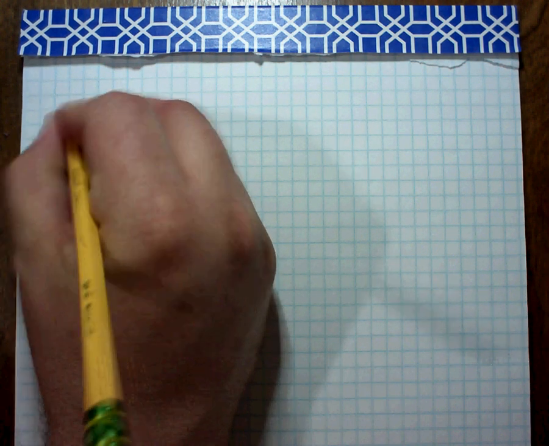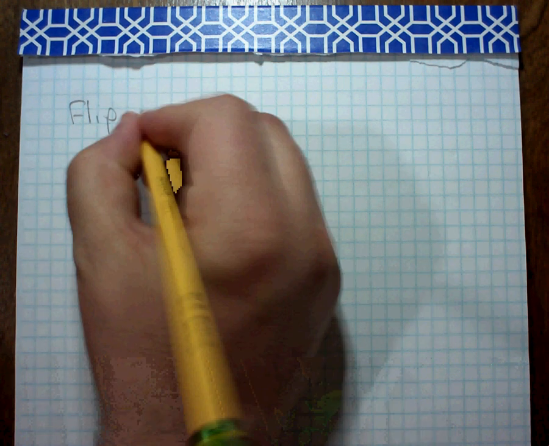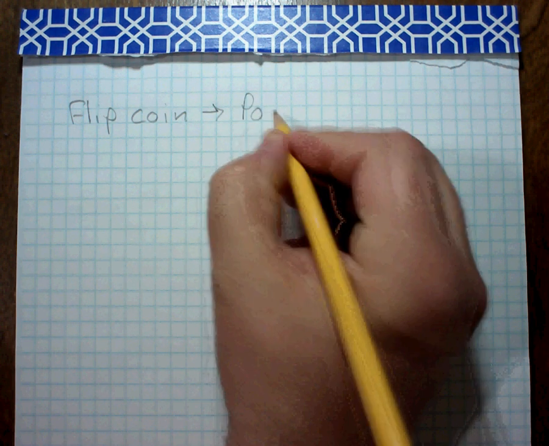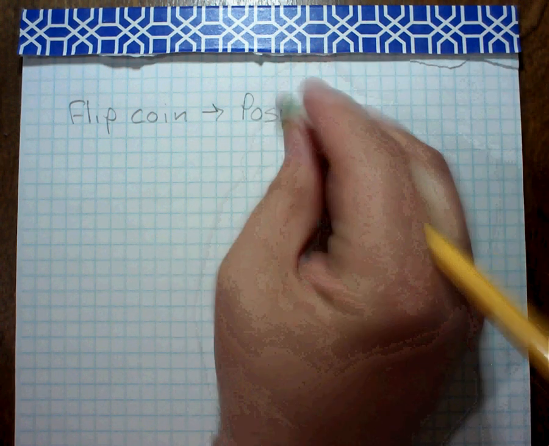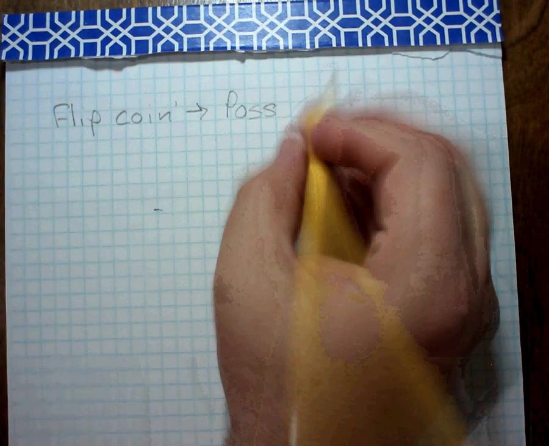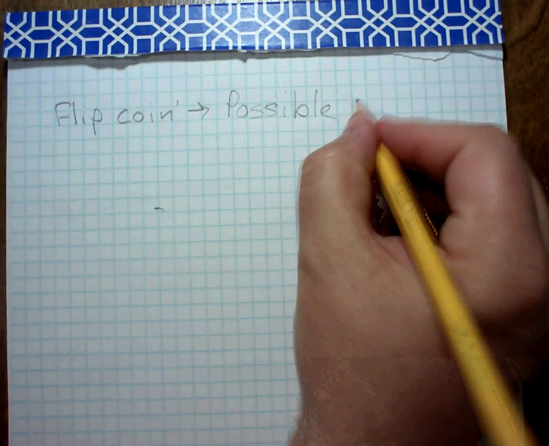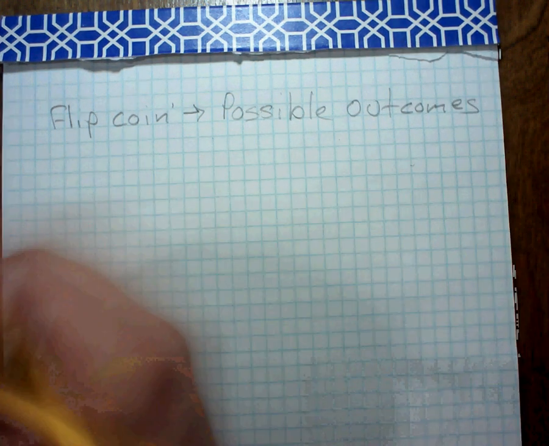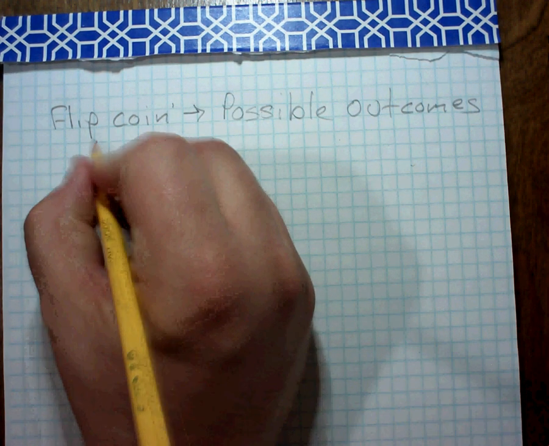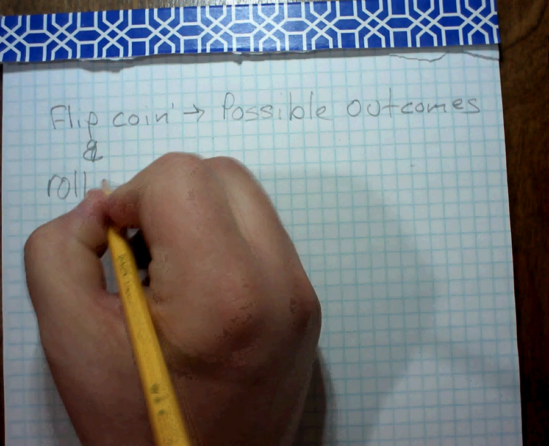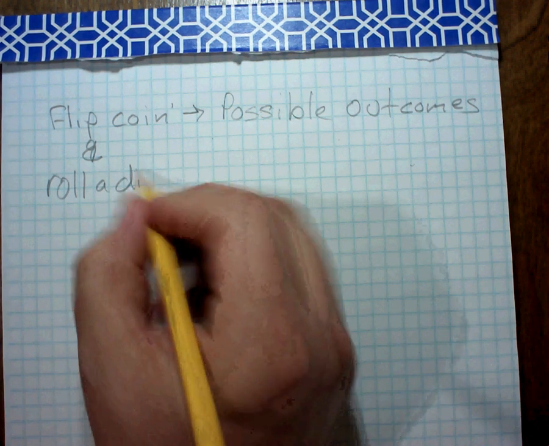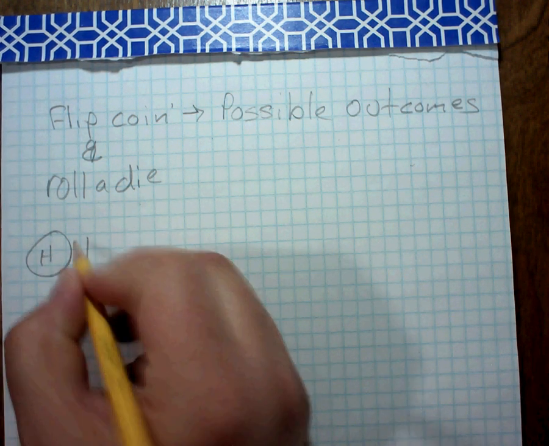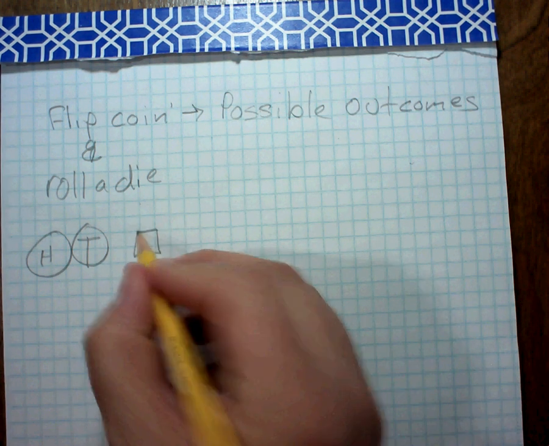If you flip a coin, they want to know what are the possible outcomes. Actually, it's flip a coin and roll a die. So what they're talking about is a coin that has heads or tails, and then obviously a die is like